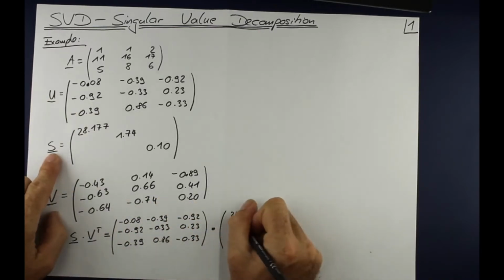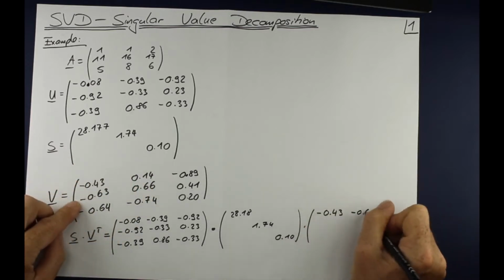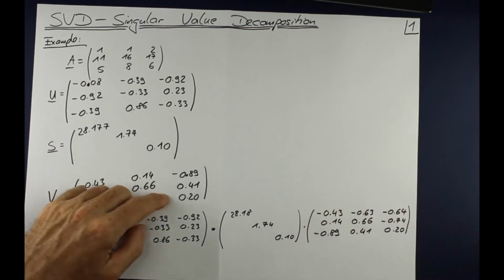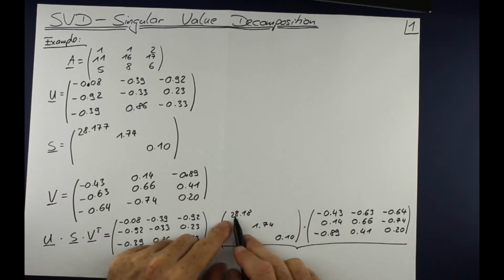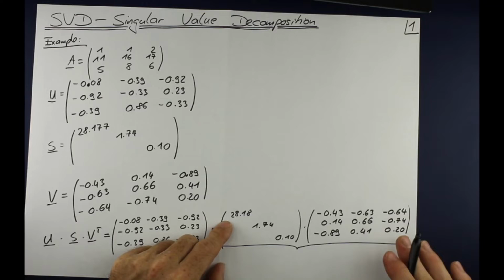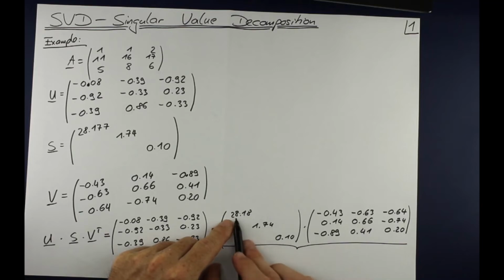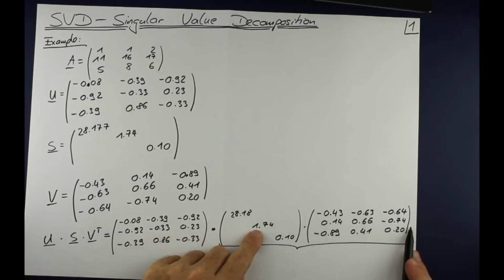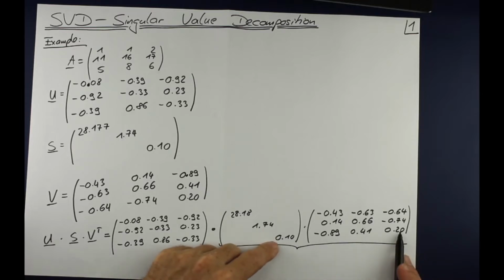So this was the matrix U times S times V transpose, so let's transpose. And then let's multiply these 2. And what does that mean? Here we have a diagonal matrix times a matrix. This matrix will scale that matrix, and it will scale every line. The first line will be scaled by 28, the second line will be scaled by 1.74, and the last line will be divided by 10. And so we get,